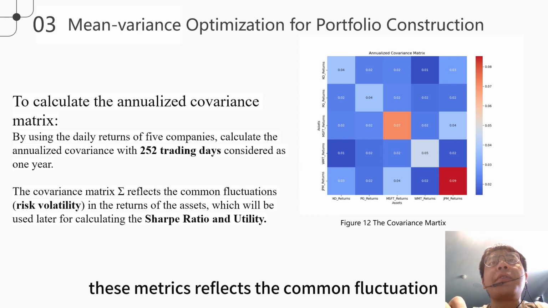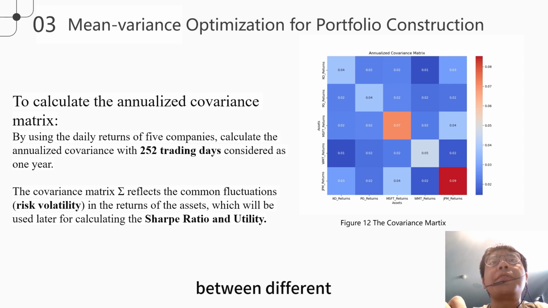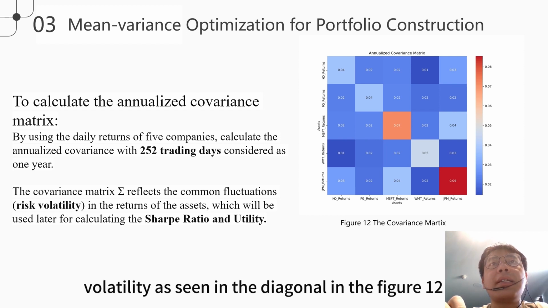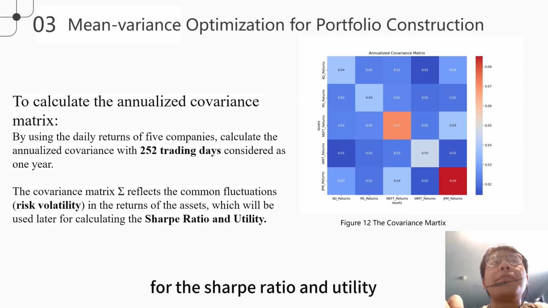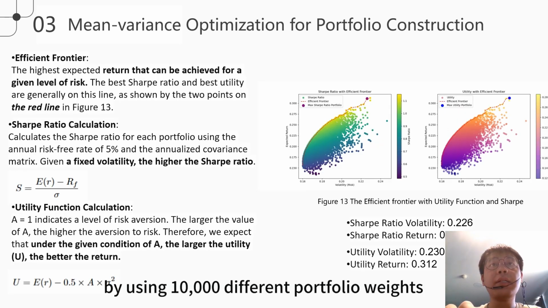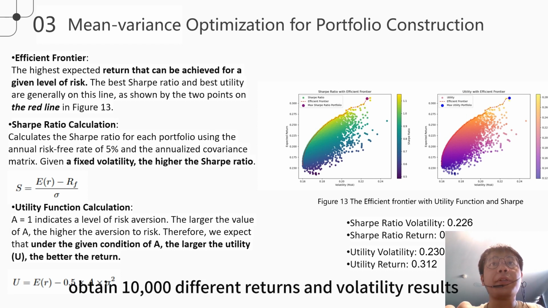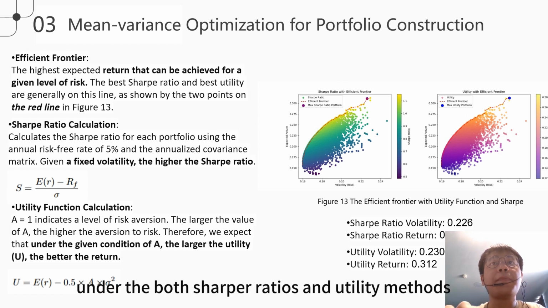This matrix reflects the common fluctuation between different companies and their individual risk volatility. As seen in the diagonal in Figure 12, this matrix will be used for calculating the Sharpe ratio and utility. By using 10,000 different portfolio weights, I obtain 10,000 different returns and volatility results under both Sharpe ratio